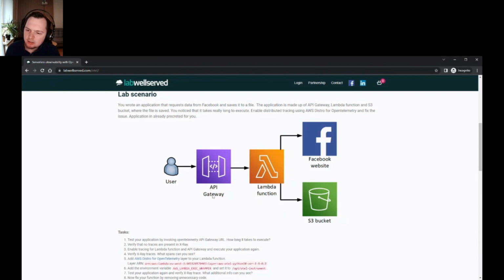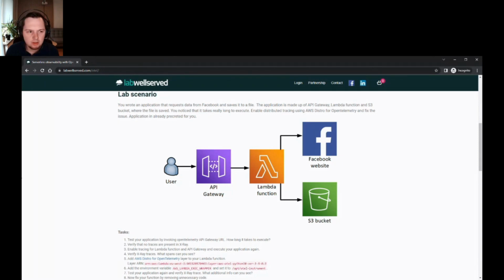And the Lambda function is fronted with an API Gateway, so the user can access the function. And that's pretty much it. For some reason, the application works really slow, so we will try to figure out what is wrong.